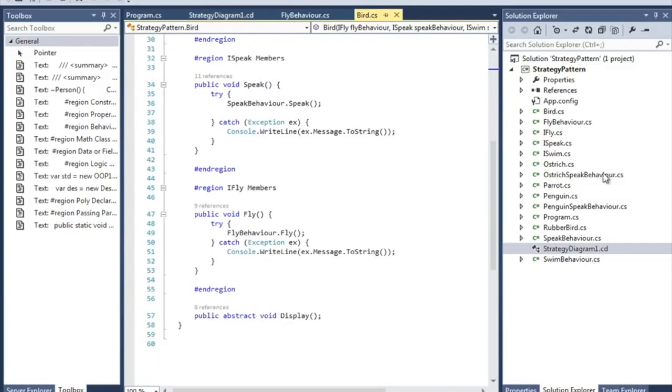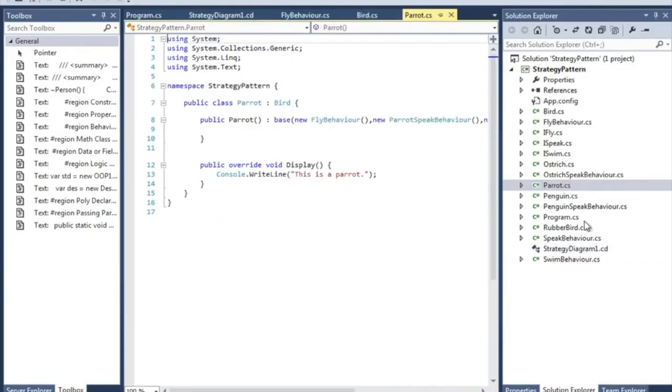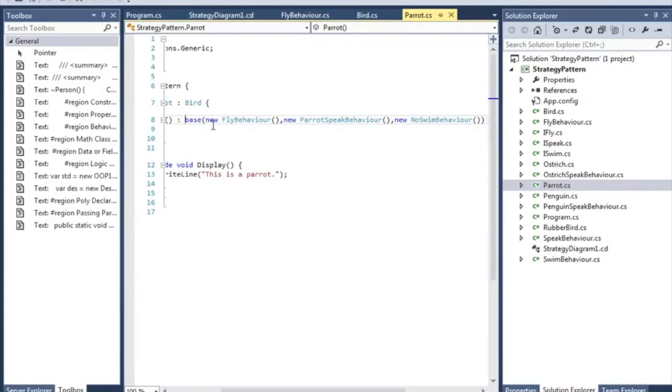Let's go to a class called parrot, to see how we implemented it. A parrot inherits from bird, and in the constructor, I'm calling the base constructor with new fly behavior and parrot speak behavior.